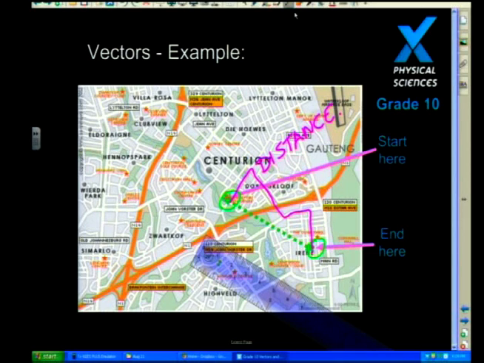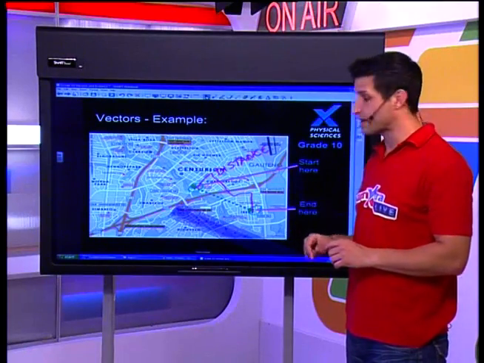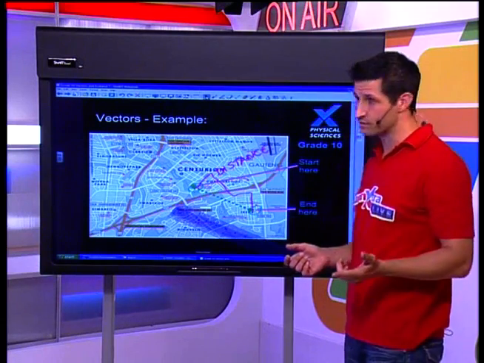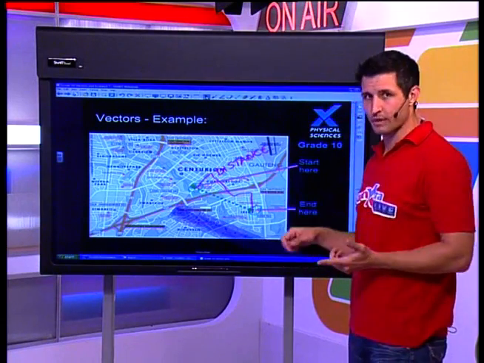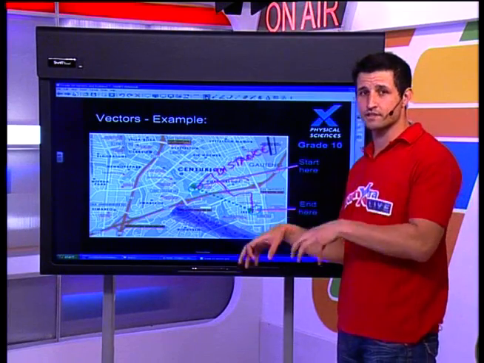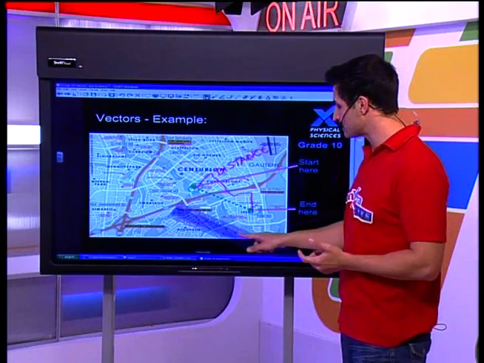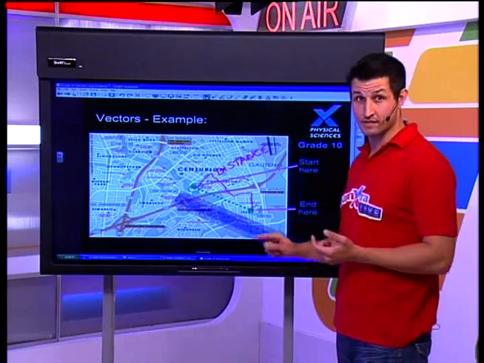Now, you'll notice that I've actually got a ruler attached to here. What I'm going to be doing with that is moving around on this map, showing you the difference between the distance and the displacement. If I'm just taking these direct paths and these individual turned paths on here, I can actually measure how far I've gone. So first, I'm going to measure the distance on my map. Of course, this is not a real distance. You would have to scale this up to many kilometers. But we're going to see if distance and displacement are the same.